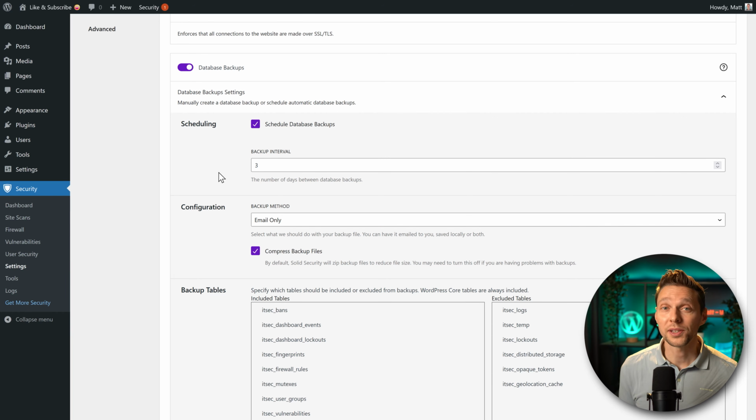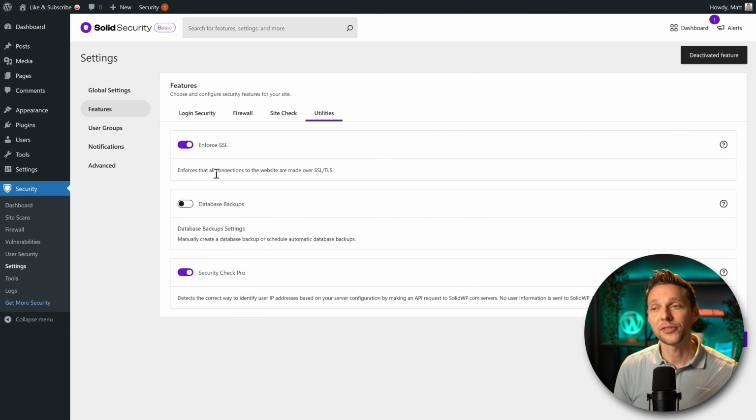But what I always say, if your hosting company provides daily backups of all your files and your database for at least 30 days, then this entire feature might be a little bit too much, as your hosting company already does this. So just make sure to check it with your hosting company. And if they do it, you can disable this feature. If they don't, then this is very useful.